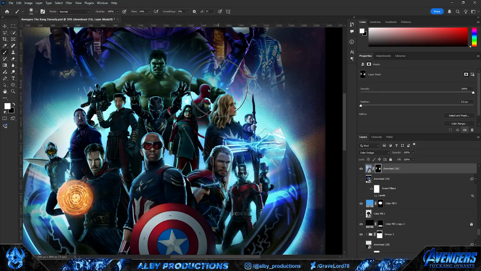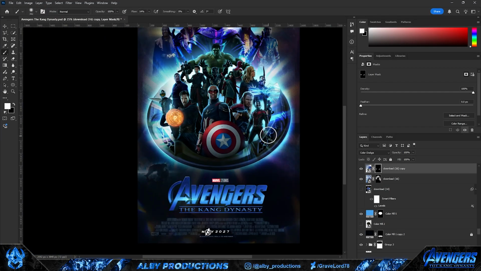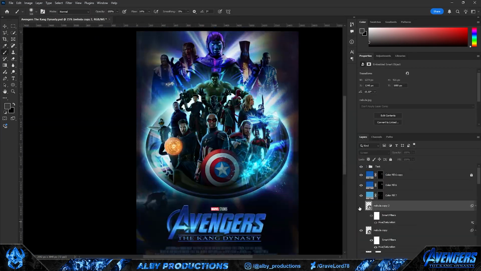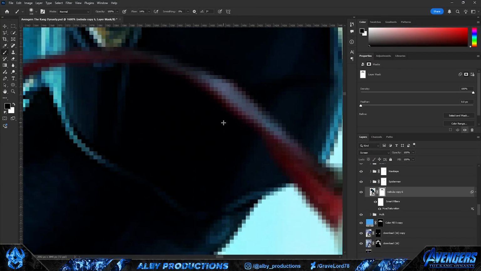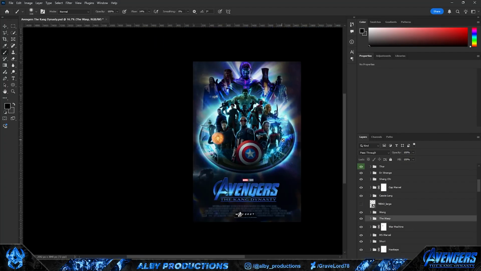After that was complete, I then moved on into adding a bunch of more effects and overlays for like the millionth time now. It was mainly just light rays and nebula effects, that kind of stuff, but I'm not gonna lie, this really started improving the whole poster.